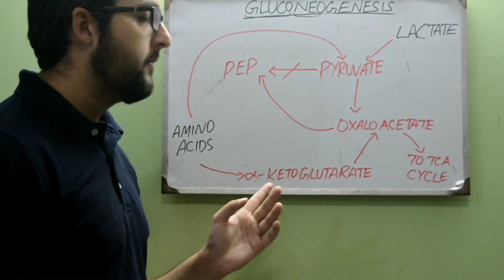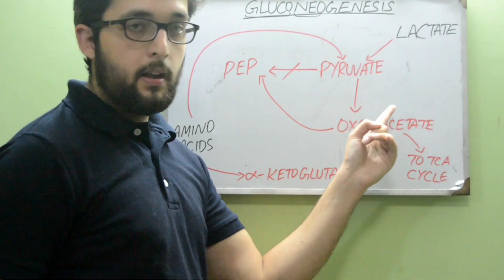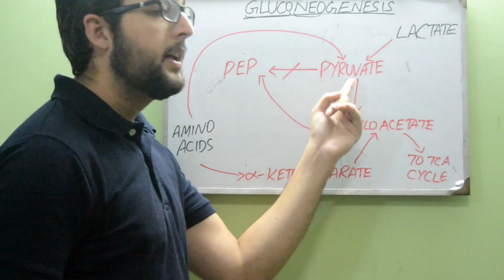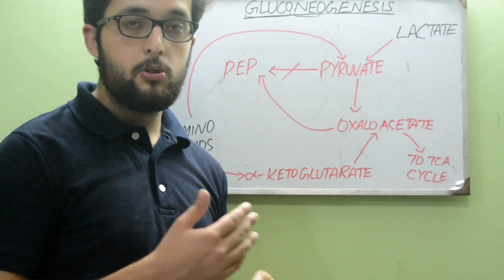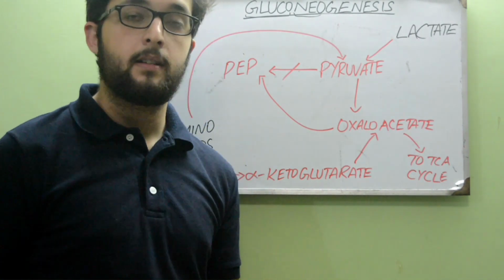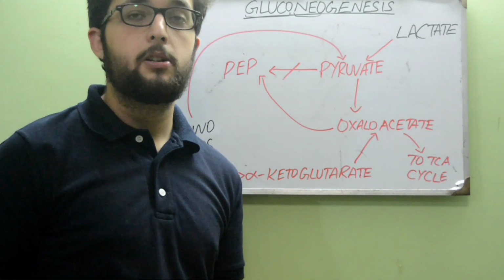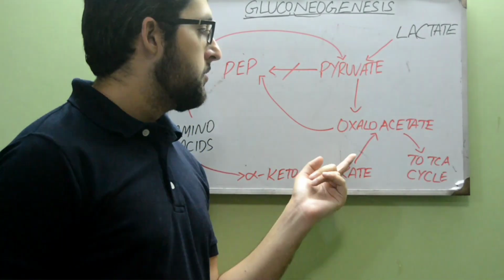Amino acids can give off alpha keto acids, one of them being pyruvate, the other being alpha ketoglutarate. Pyruvate I just explained. Alpha ketoglutarate also converts into oxaloacetate because it is an intermediate of the TCA cycle, and it has the capability to transform into oxaloacetate. So now,